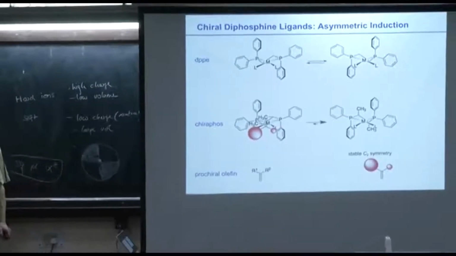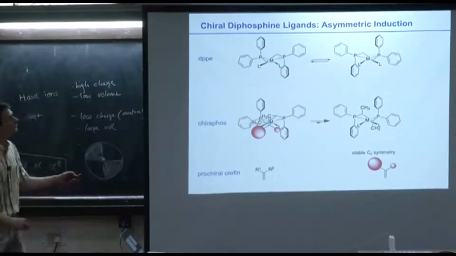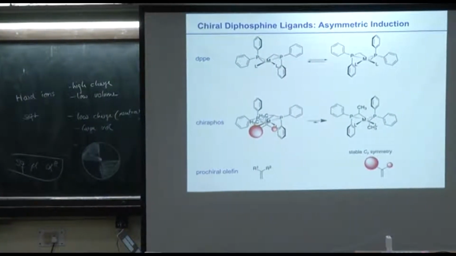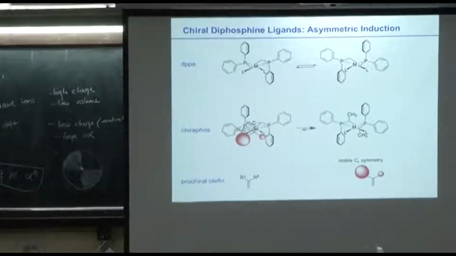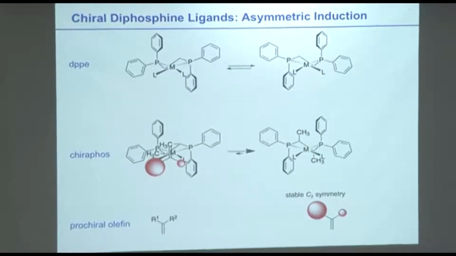So here's the bulk. While this one here is empty, these two quarters are relatively empty. So up here is empty, and down here is empty. Here it's just the other way around, so there's no selectivity. But as soon as we put a methyl group on top of these ethylene groups, like here, we have either